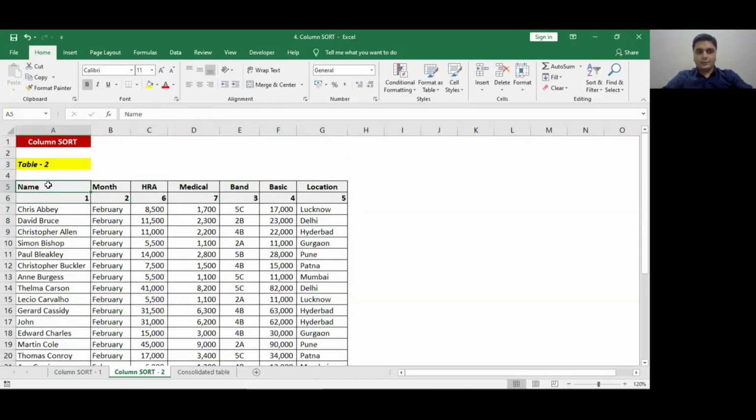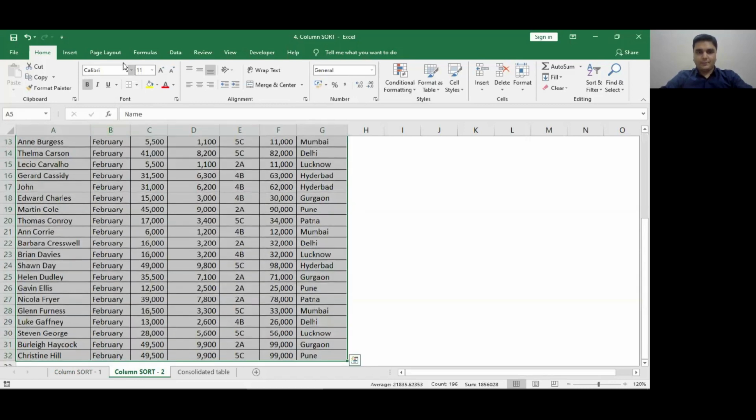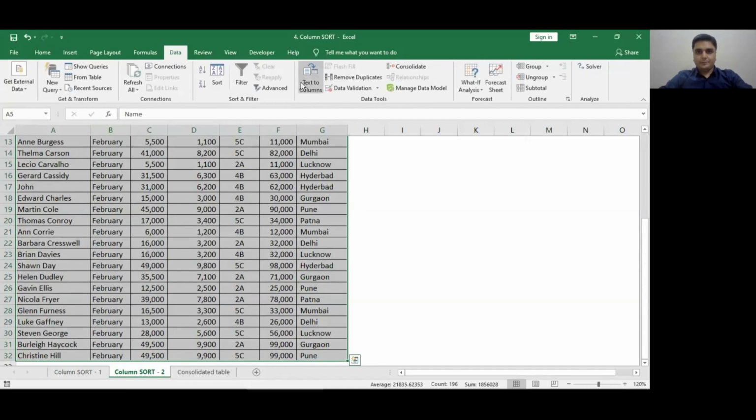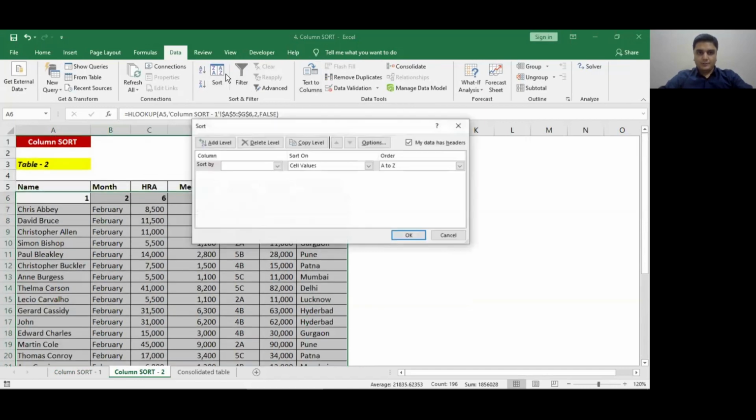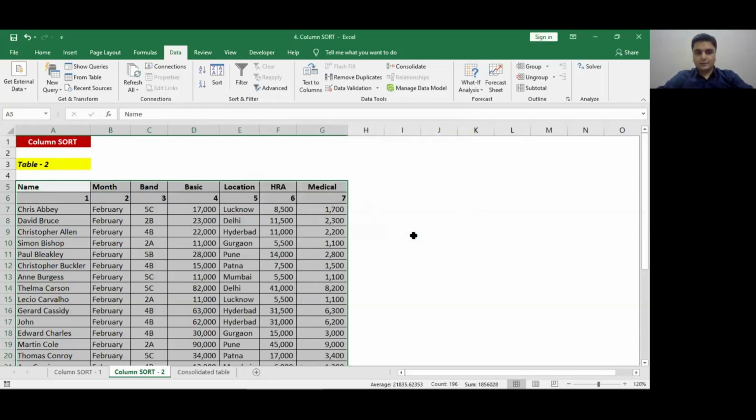So now what I'll do is I will select this entire table, go to Data, click on Sort, click on Options. I will select Sort left to right. I'll click here, press OK. I'll go to Sort by. Now it is asking me to input the row number. The row number is 6. So I'll click 6. The order should be smallest to largest, and I will press enter.